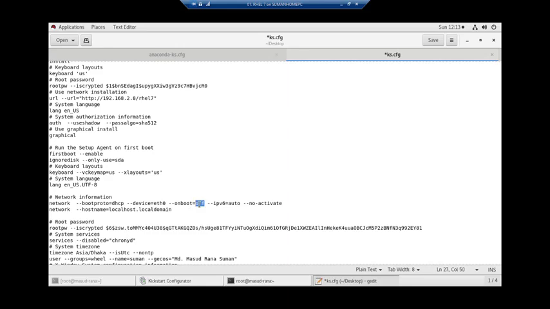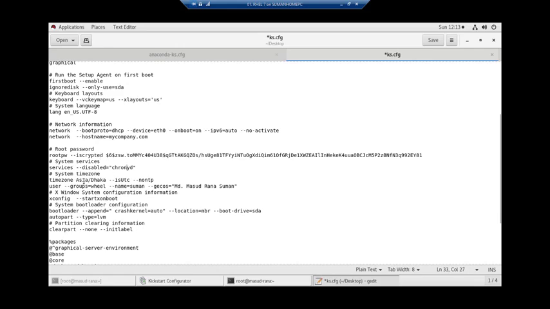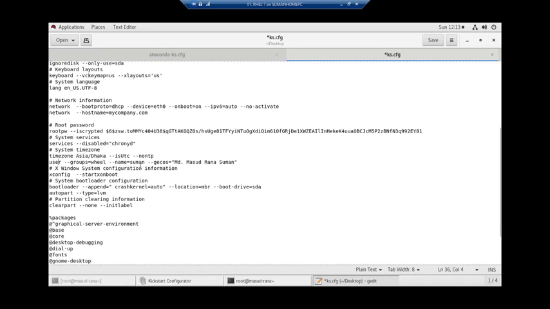I want to get an internet connection while the system starts, and the host name I want to change, which is like mycompany.com. It is the root password, which is local. The system services is disabled. System time zone Asia, Dhaka. There will create a user name Shomon.